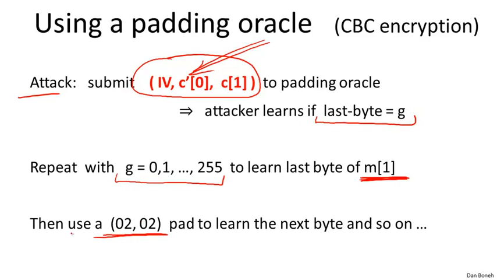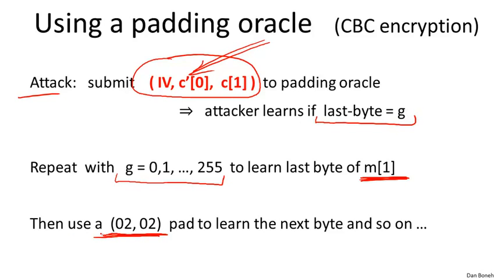That's a well-formed pad. And now, because we know the last byte of M1, when we do our XORing trick, we can always make sure that the last byte of the plaintext is in fact 02. And now we can guess the second to last byte of M2 by simply trying lots of values on G until we find one that makes the pad in fact be 0202. And by issuing 256 additional queries to the padding oracle, we will get to learn the second to last byte